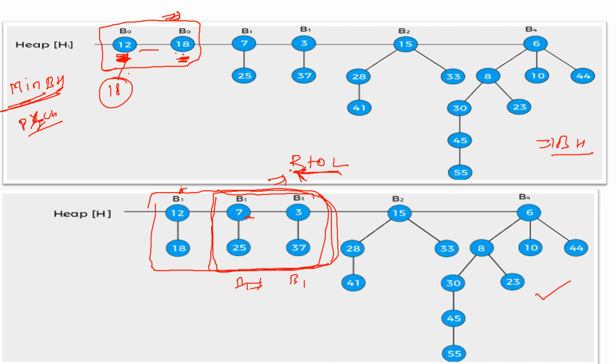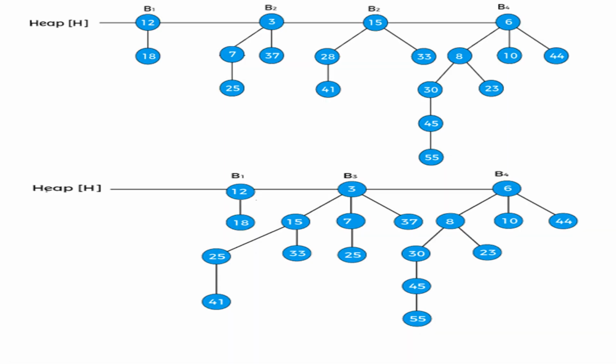For that situation we'll see the root value, which one is having the minimum. This is having 3, so 3 becomes the root and 7 becomes the left subtree of 3. So this comes like 7 and 25, and this is going to be deleted from here. So we'll see what result you get after the merging. We got this tree.